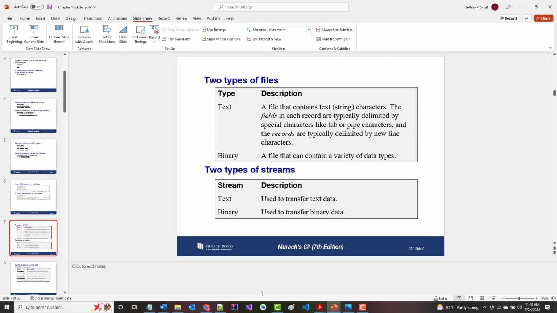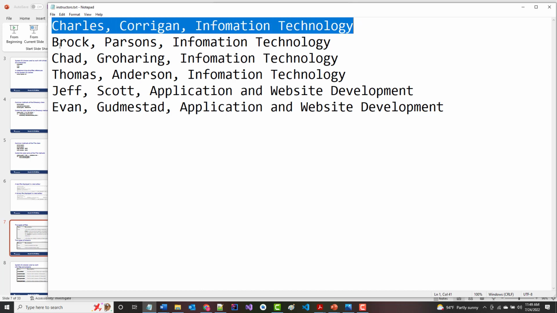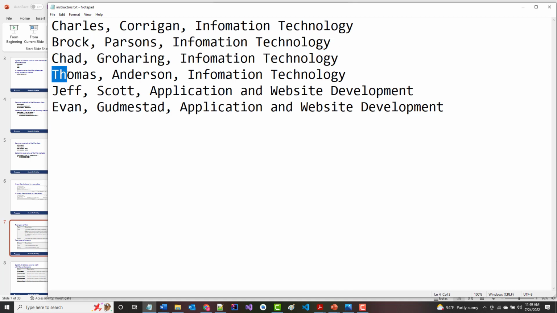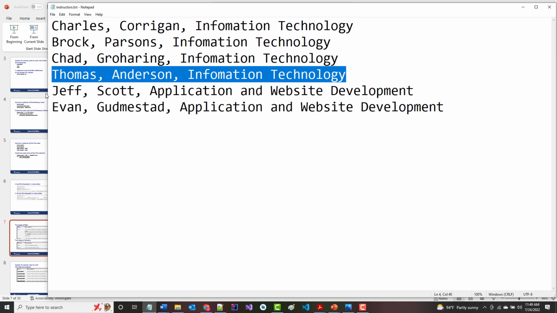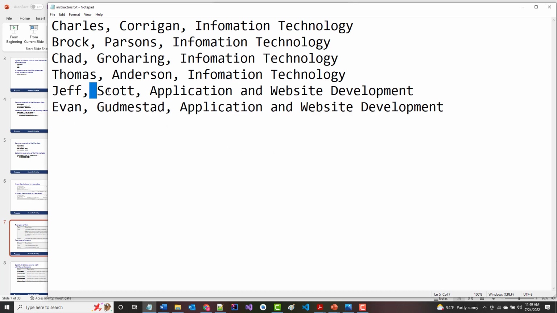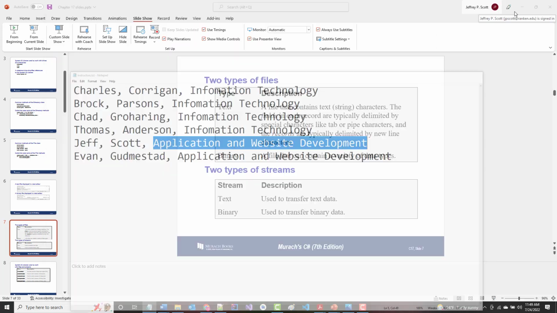What does that mean? That means if you take a look at the example I showed you previously, there are 1, 2, 3 fields, 1, 2, 3, 1, 2, 3, 1, 2, 3, 1, 2, 3, and 1, 2, 3. There are 3 fields, and each line is a record, so there are 6 records, and each of the 6 records has 3 different fields associated with it. And those fields are going to be the first name, the last name,